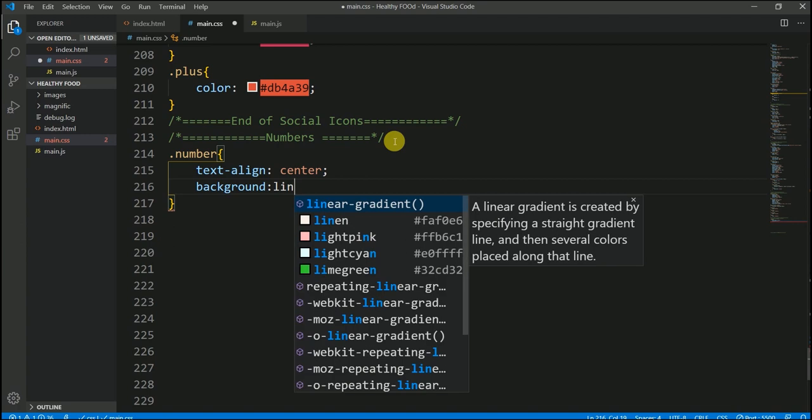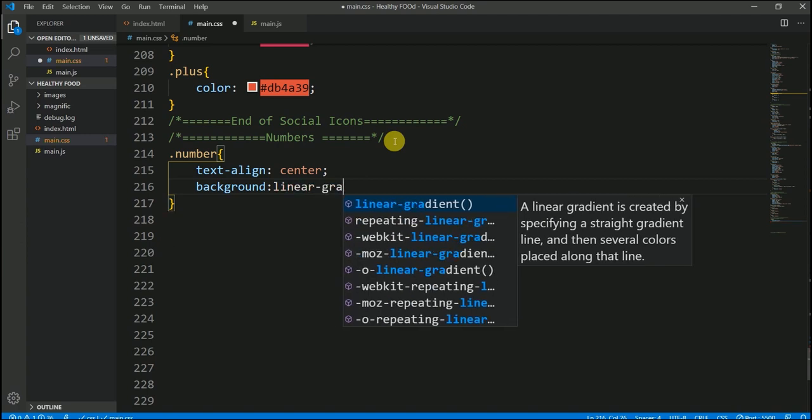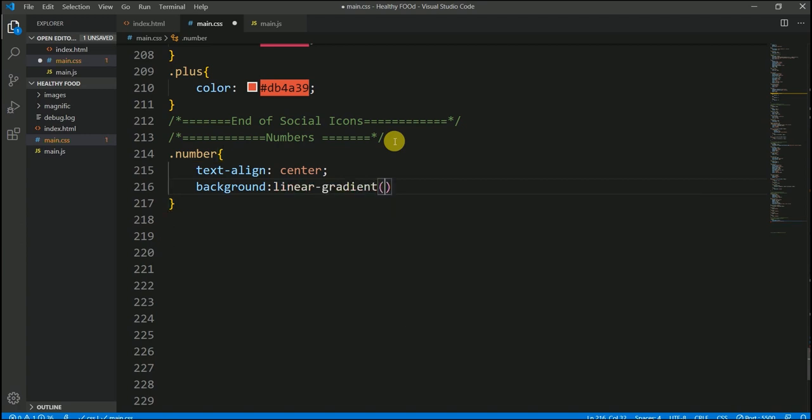I would like to have a linear gradient because my image is very sharp, so that's why I'm going with a linear gradient, and I'm saying RGBA, and for this 0, 0, 0 and 0.3, and another RGBA, and here I just want to go 0, 0, 0 and 0.4,